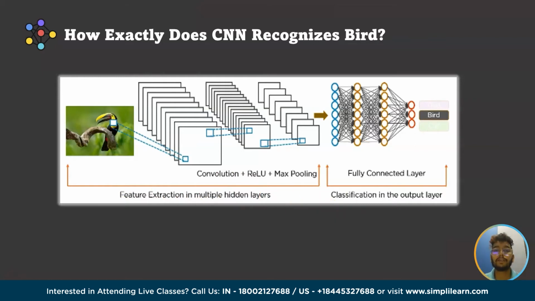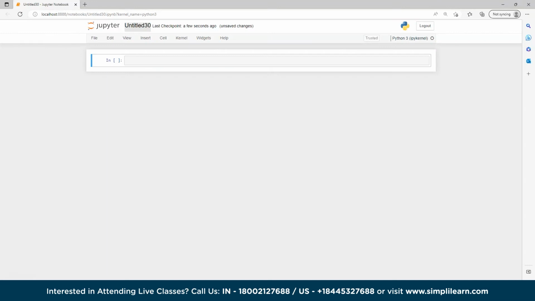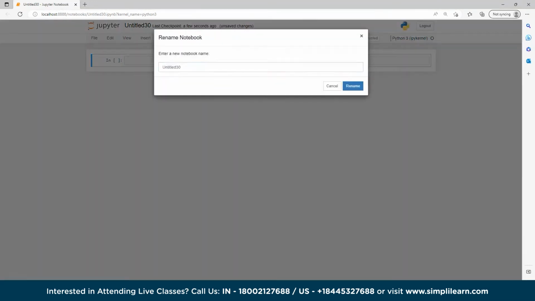So now moving forward, let's start the programming part. This is the Python kernel file. Here first we will change the name to CNN